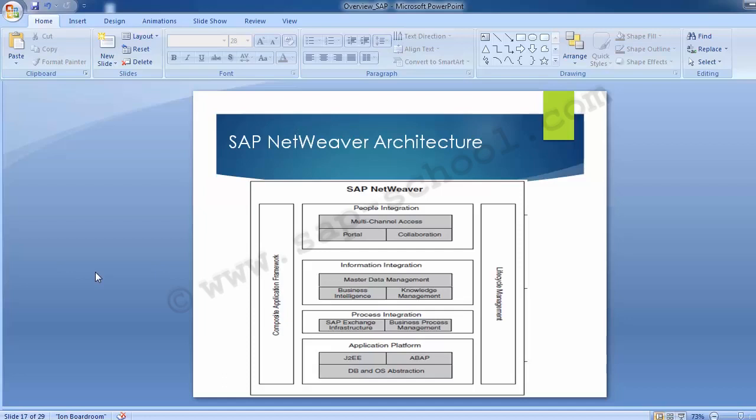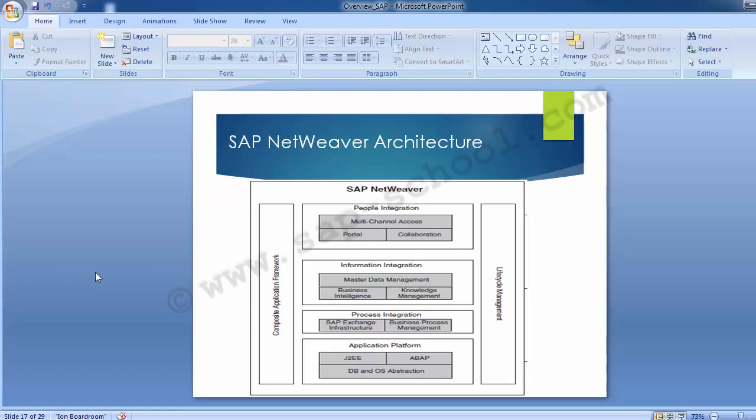Business processes can be unified and given an integrated design with the help of process integration, which involves SAP Exchange Infrastructure for communication between application components of different origin. Software components, interfaces, mapping, and content-based routing rules are defined in